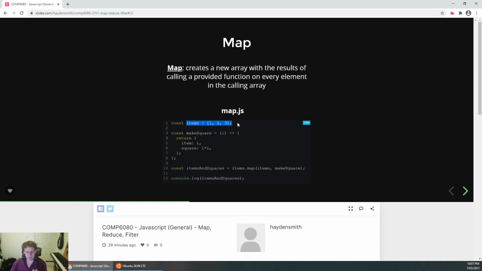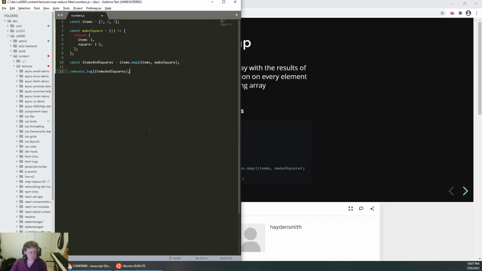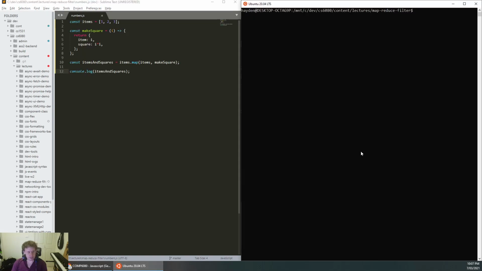for something like a map here, you might have a list with 1, 2, 3, and if you map each item with some kind of function, it applies this function to every item in this list and produces a new list. So for instance, if we come back to this file, if I just run node on numbers.js,